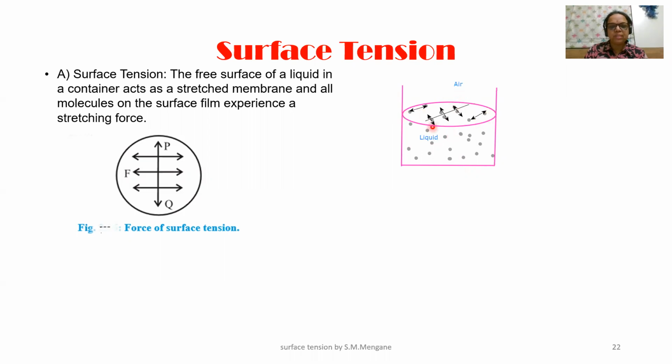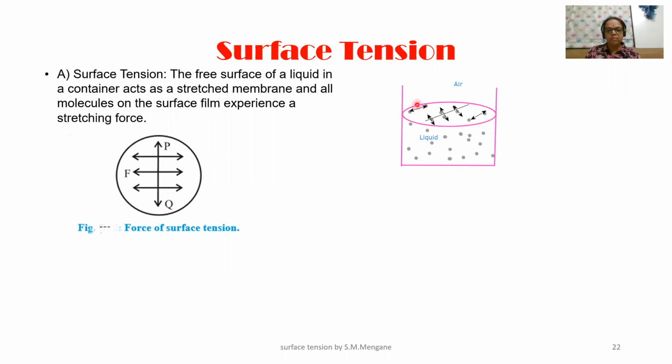Now, molecules in this surface have a force of attraction between them, like this. They also have certain potential energy. How do they get potential energy? See, I have a spring, with no potential energy. I stretch it, now it has potential energy. Similarly, these molecules on the surface are already in a stretched condition, so they experience a force towards each other. This force with which they are coming to each other is known as surface tension.